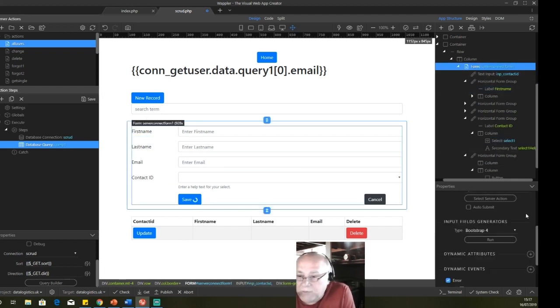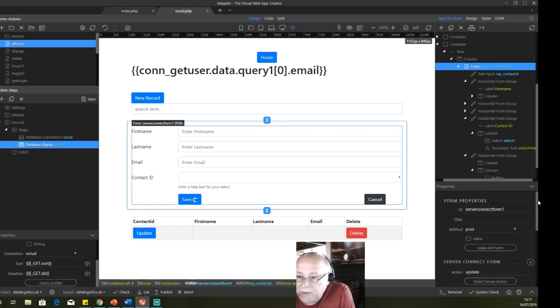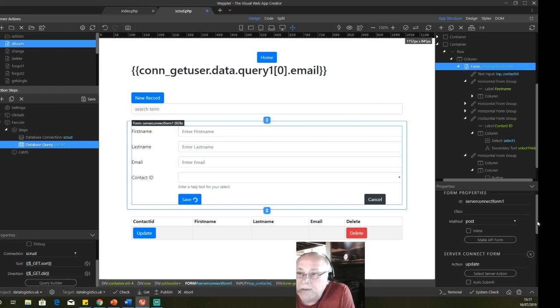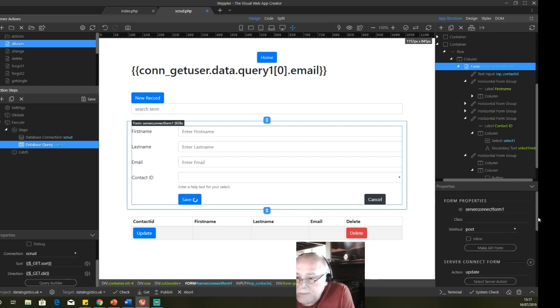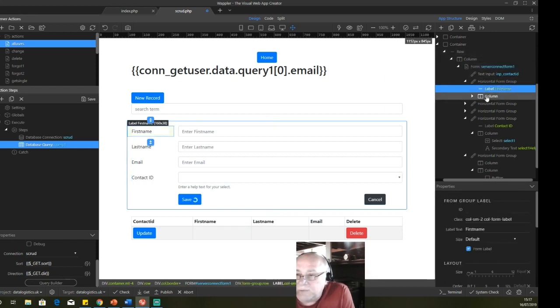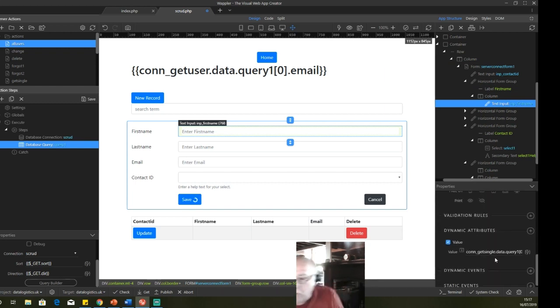Remember, this form gets its contents from, I'm trying to make this as clear as possible, and I'm making a bit of a muck of it. From the get single